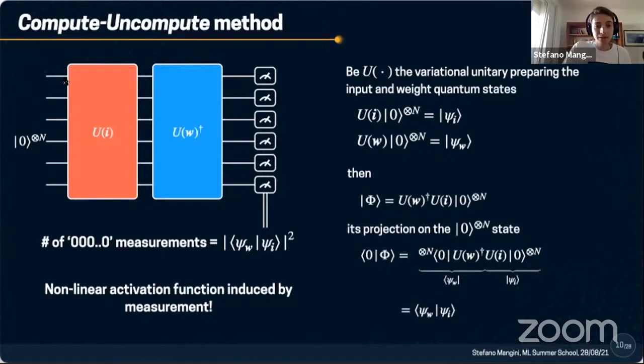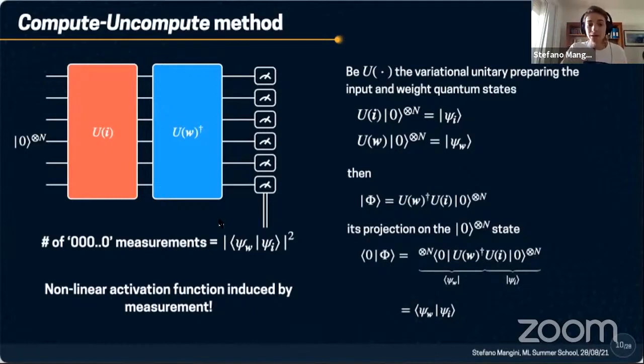If you run the circuit and at the end you measure all the qubits, the number of times you will measure all qubits in the zero state will be given by the Born rule. So we will have this inner product between psi_w and psi_i, which is actually also the scalar product between the input vector and the weight vector,